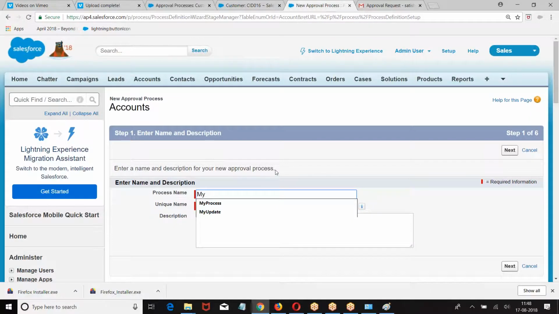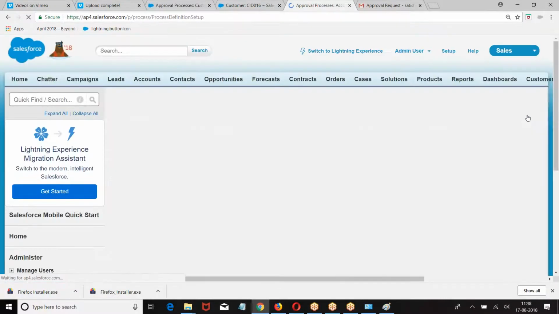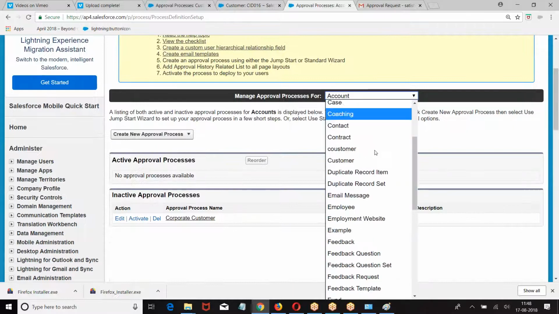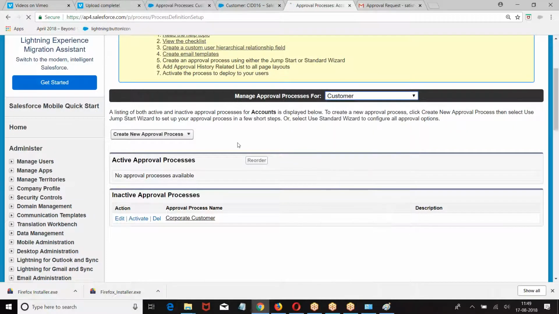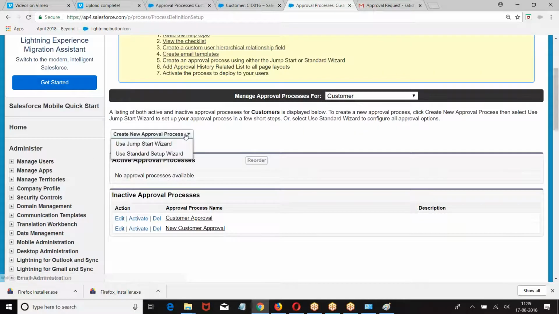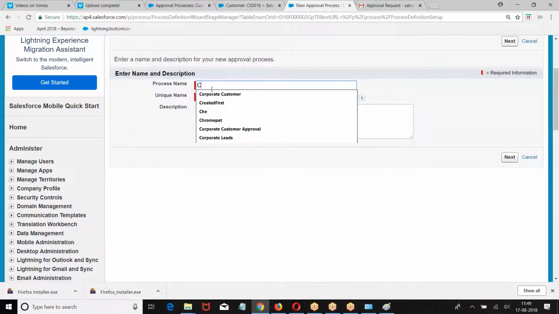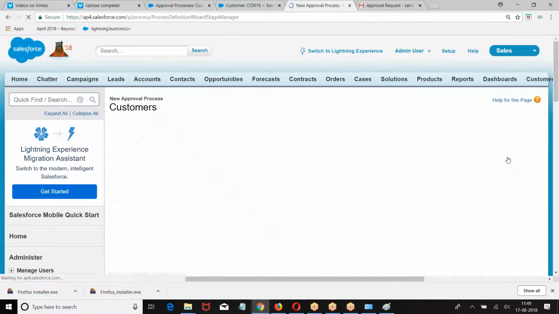What is the object on which I have created a template, boss? Customer object, right? Choose the customer object. Customer approval.